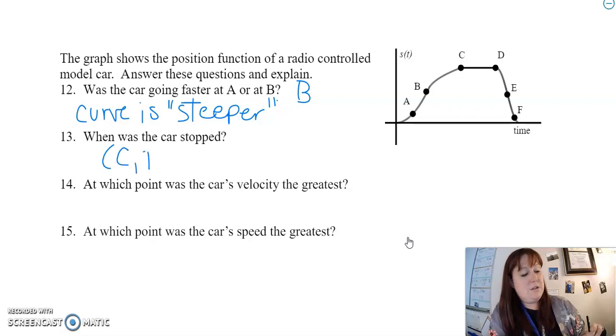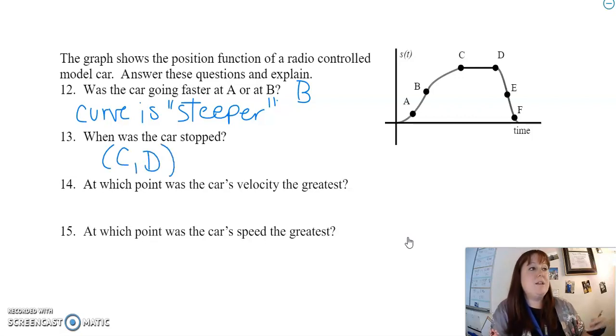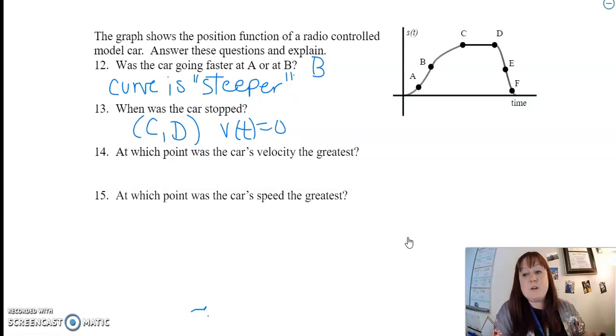From C to D, because the velocity is 0, because the slope of the tangent line is 0. At which point is the car's velocity the greatest? All right, so we've got to look at the steepest tangent line. And what we have to remember is that